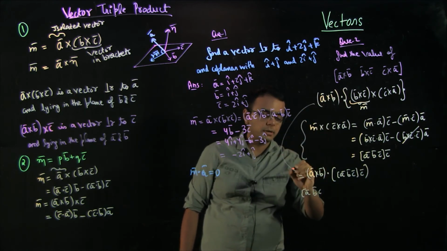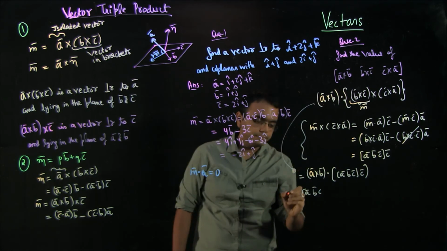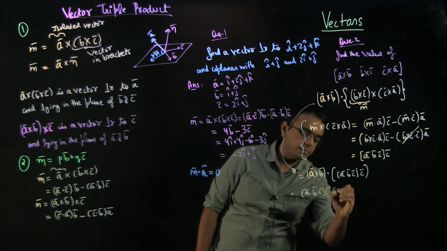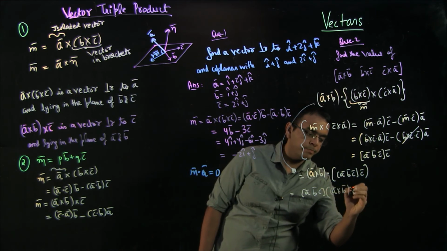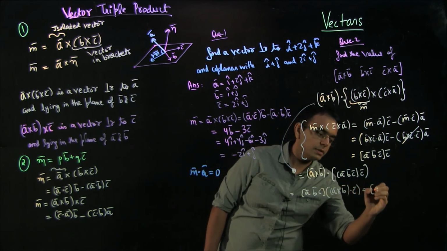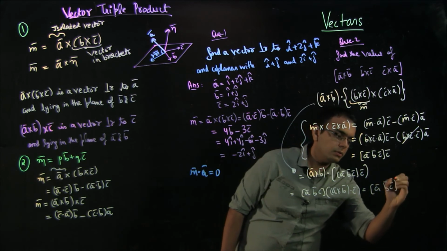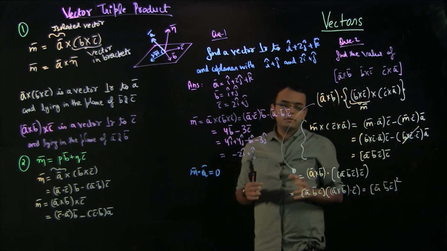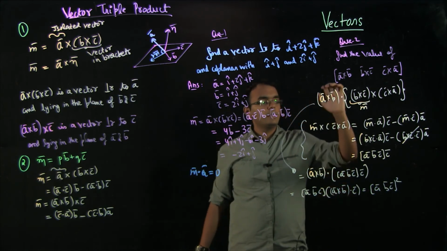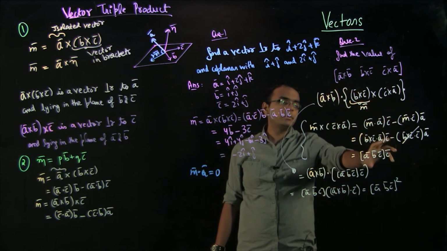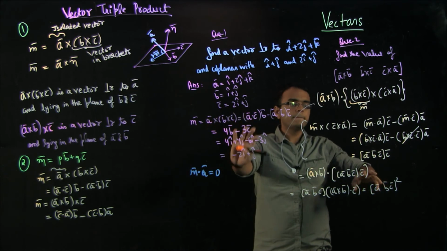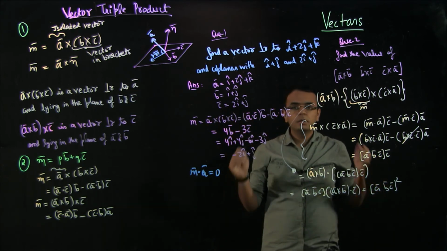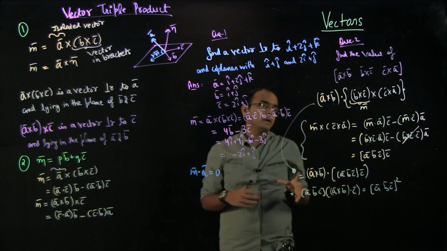Now from here to here, this is ABC multiplied with A cross B dot C, which is nothing but also ABC. So this becomes ABC whole square. I hope this gives you a very good idea of how we can apply the vector triple product using this dot rule, and then directly get the answer ABC whole square. It's a very, very beautiful problem, and I love this problem.